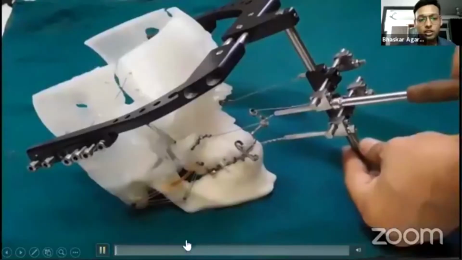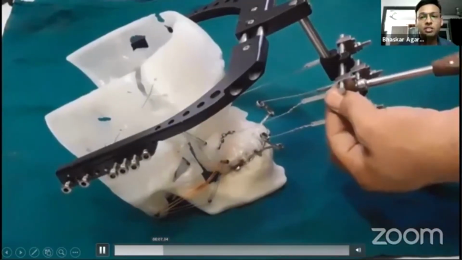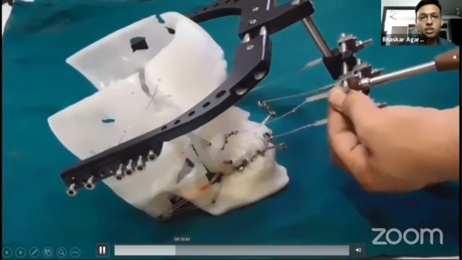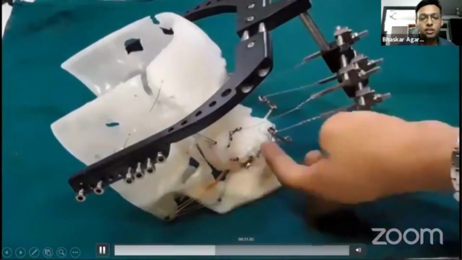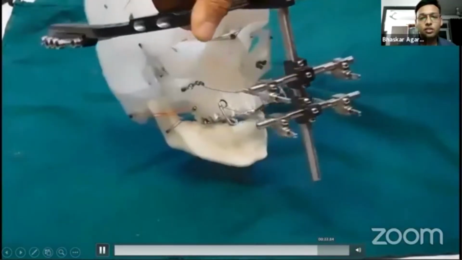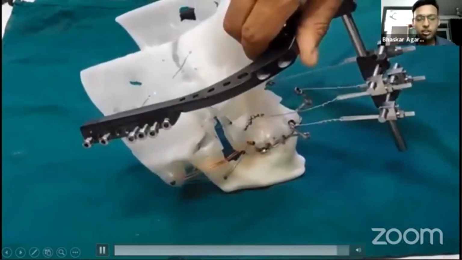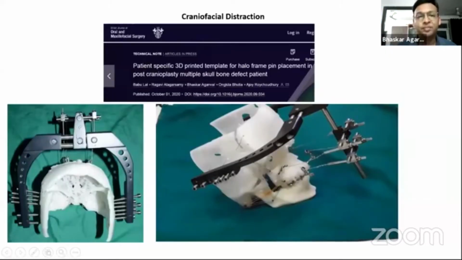This is basically the video showing what happens when we place a rigid external distractor. The mid face is gradually distracted forward. It is done in cases where there is mid-face retrusion.